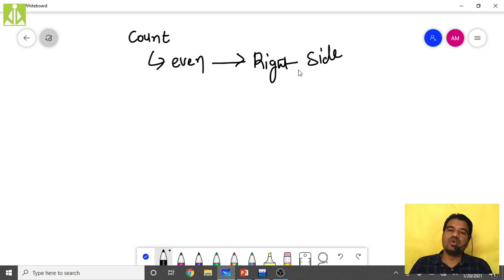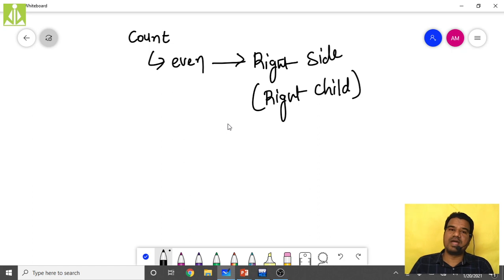I mean, whatever new node you have created, you have to insert as a right child to some particular node. That particular node we have to find out, and there we have to insert as a right child.